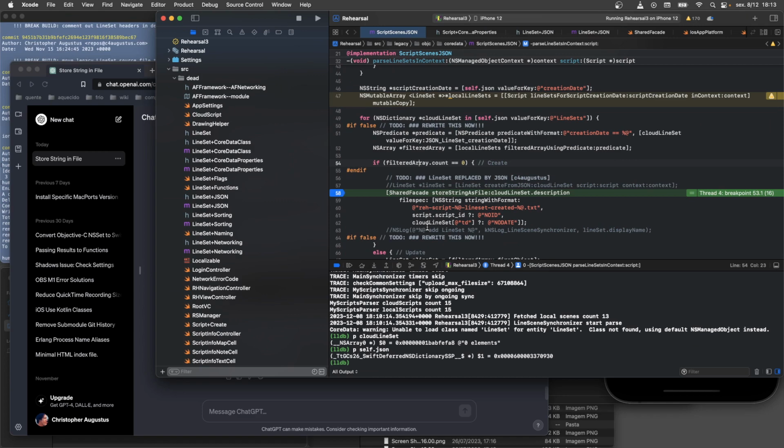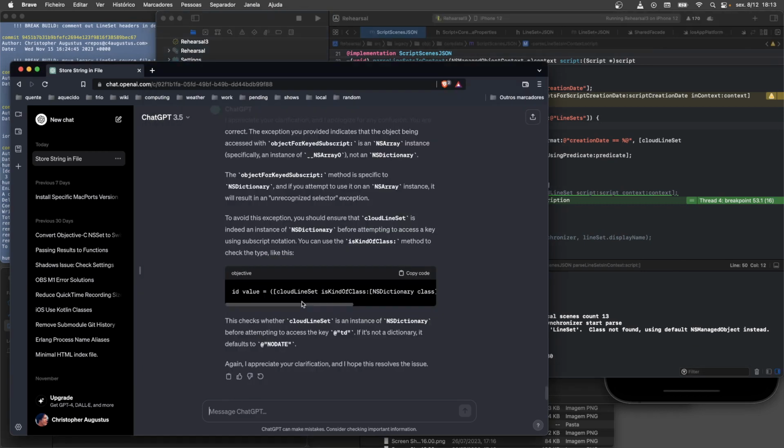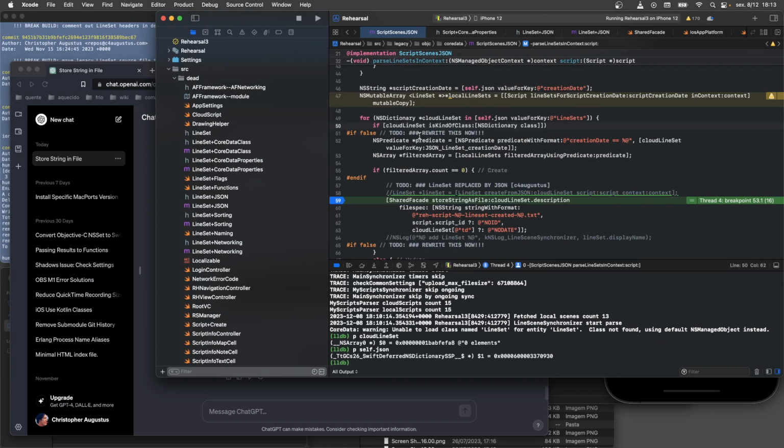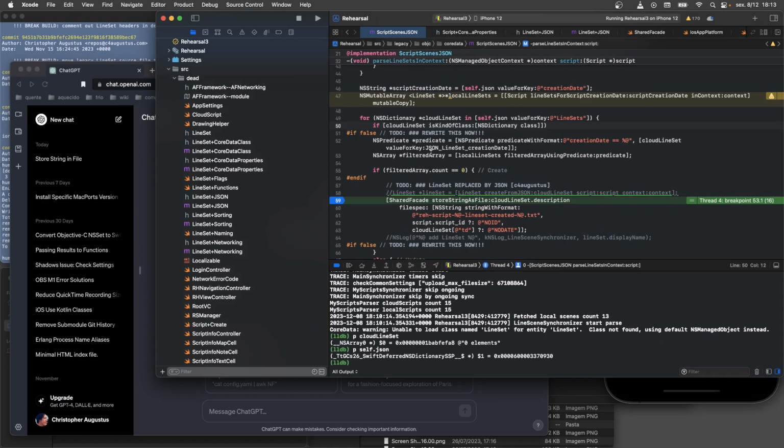But at this point, we need some code here to say fuck off. So let's take this. This is basically a cast test. So we want a not. If not,